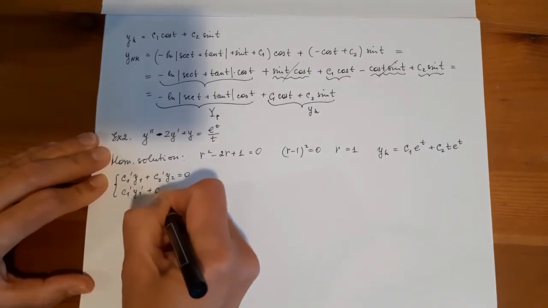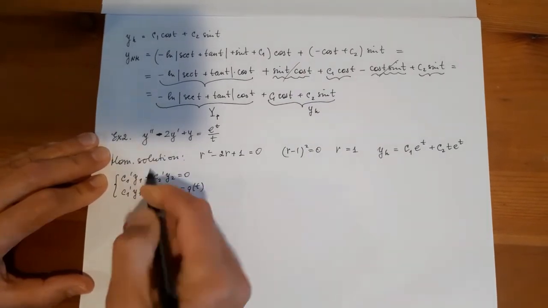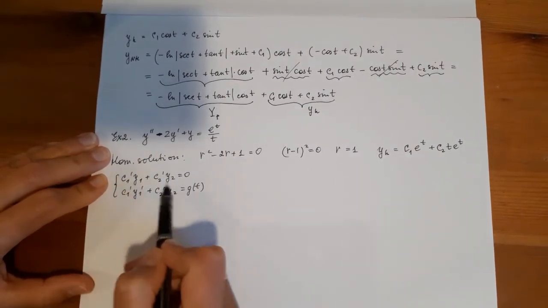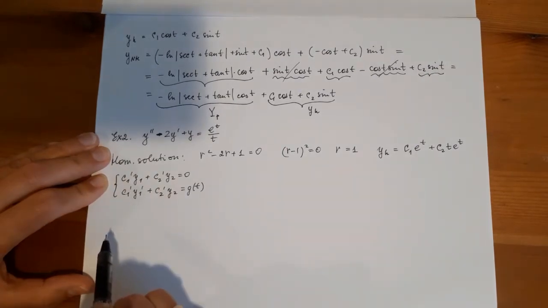They're very symmetrical, not difficult to remember actually. The first one and the second one. Again, this one is for the first derivative, and this one is for the second derivative we are making equal to g of t. Well,